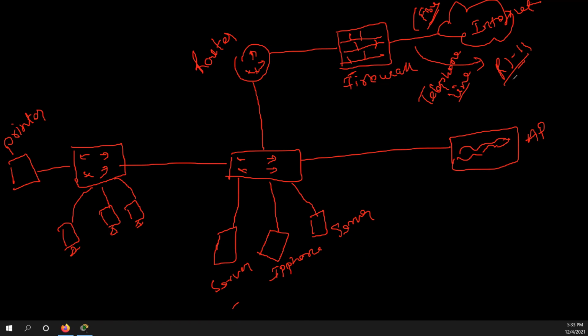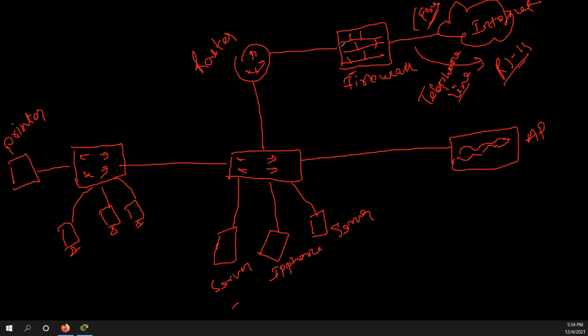Here we would not use a straight cable or anything because the ISP is using their own way, a telephony line. They will be providing the internet connection either through fiber or through an RJ11 connector. So here we don't say that it would be a straight cable or anything else. This depends on the ISP.